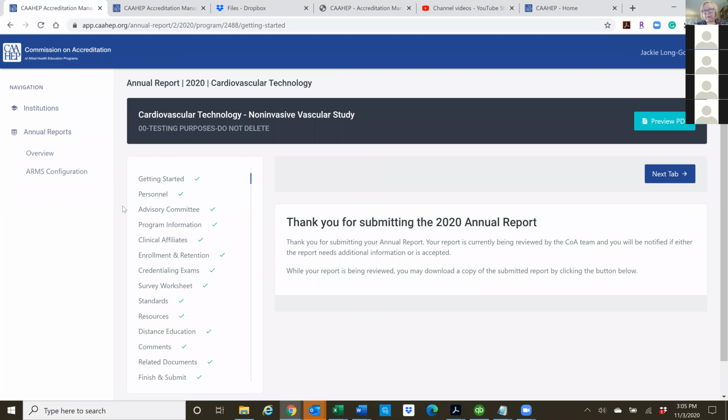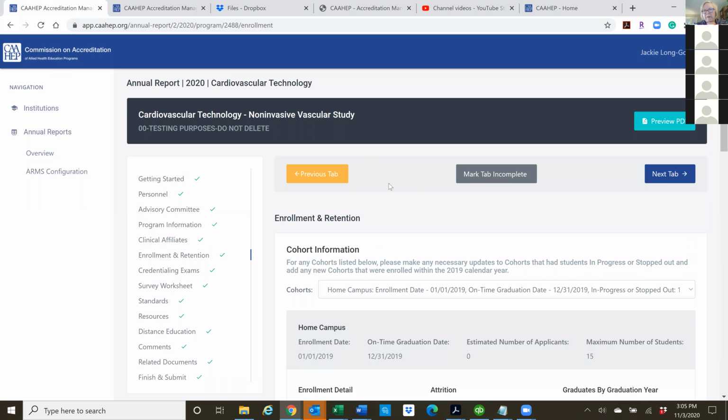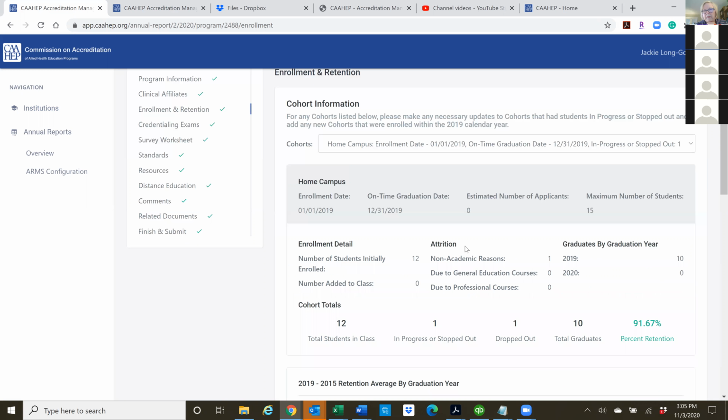Jackie, did you say that the enrollment data would roll over though? Yes. Yep. And I'm sorry I didn't go in. What I might be able to do is go in and add new cohorts to this, and then make a second recording and give it to you so that it shows you accurately what will happen here. But yes, it will roll over.